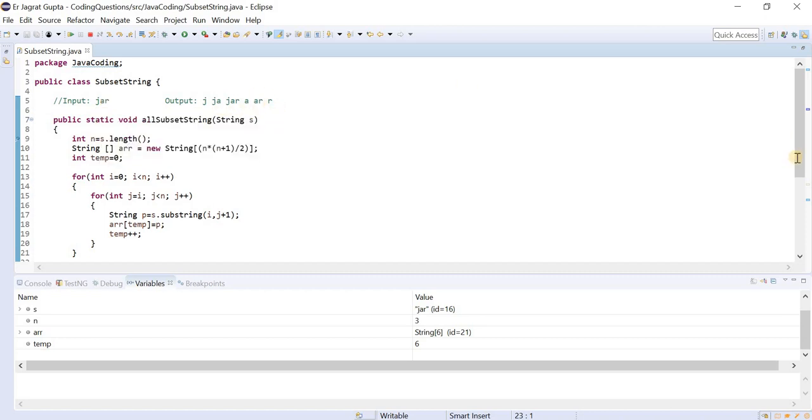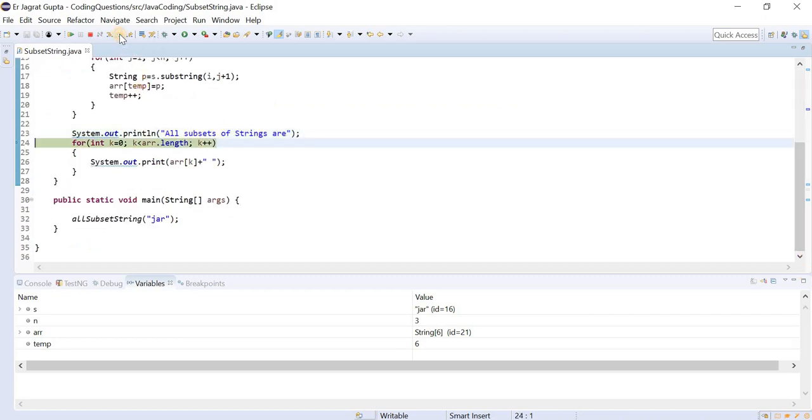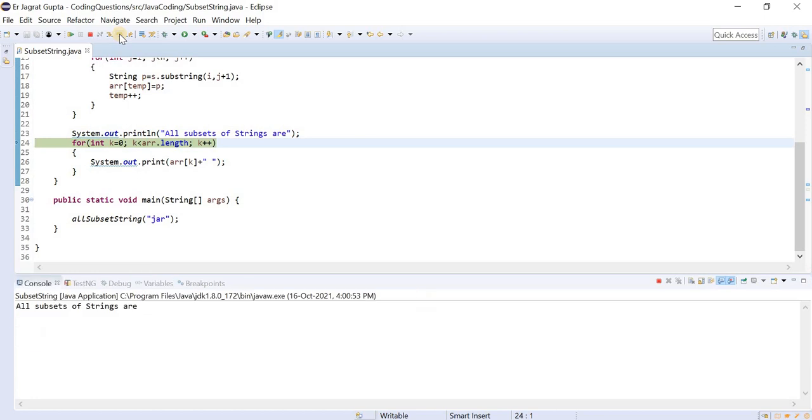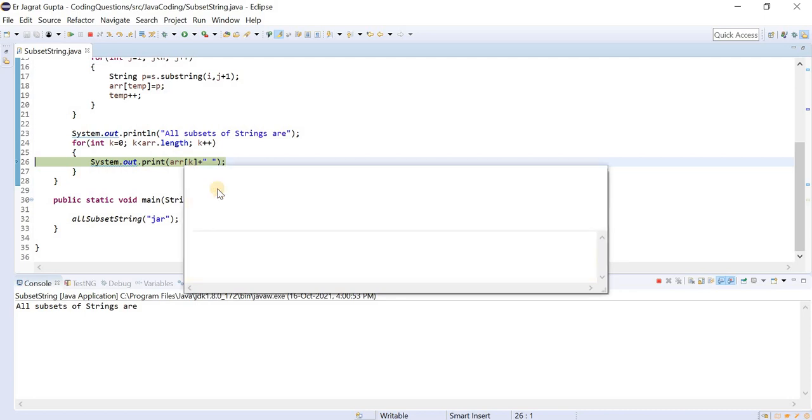Now let me show you the next thing. The value of k will print each and everything stored in this array. It stores j at the 0th index, JA at the first index, then JAR, and all these things.